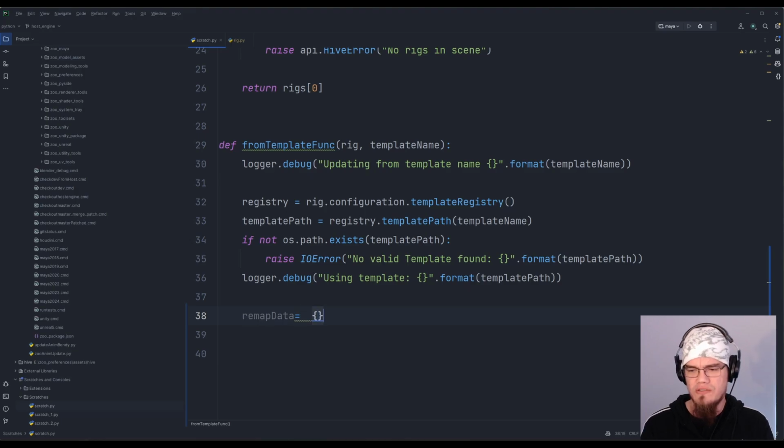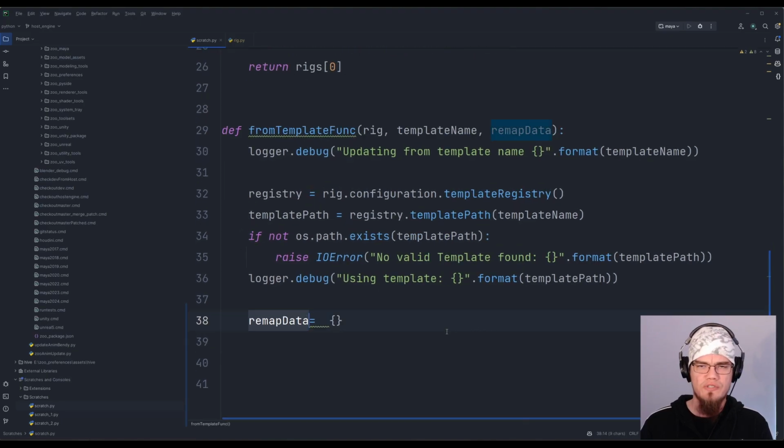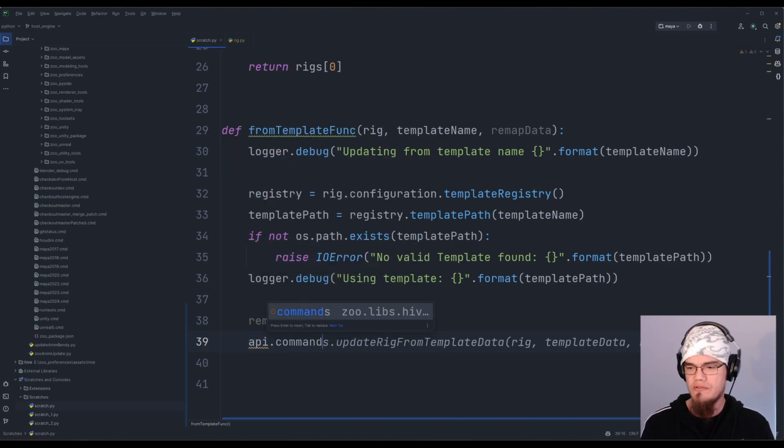The next thing is I'm going to pass in remap node data. I'm just going to initialize that to an empty dictionary, and I will actually pass that in as a variable. Actually, let's just make that a requirement. Now you might say, what is remap? And we'll definitely touch that, because that's the limitation that the UI has, is we don't have the ability to remap. Next thing, we want to actually update the rig. So we have all the information, now we just need to update. So I'm just going to go API commands and update rig from template data. So it takes the rig,